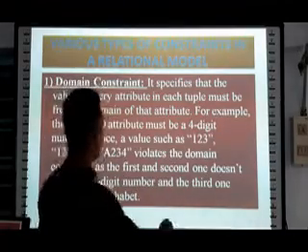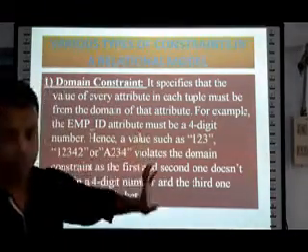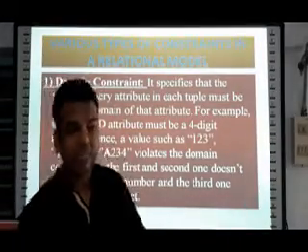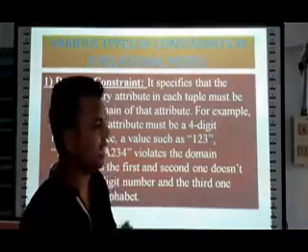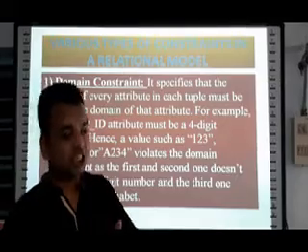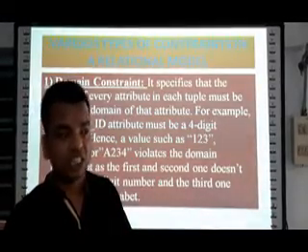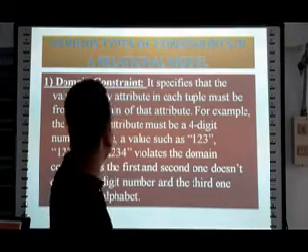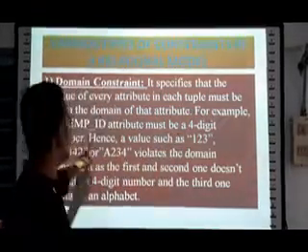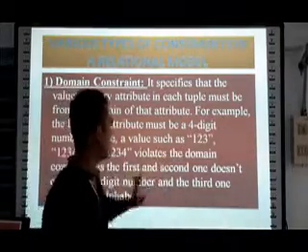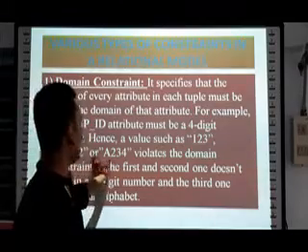For example, here we have taken the employee ID attribute, correct? The employer has placed a restriction that whenever a newcomer joins the organization, he or she will be allotted a 4-digit unique employee ID consisting of numbers only. So the employee ID attribute must be a 4-digit number. This is the restriction, or the constraint, which has been placed. Hence a value such as 123, 12342 or A234 violates the domain constraint.